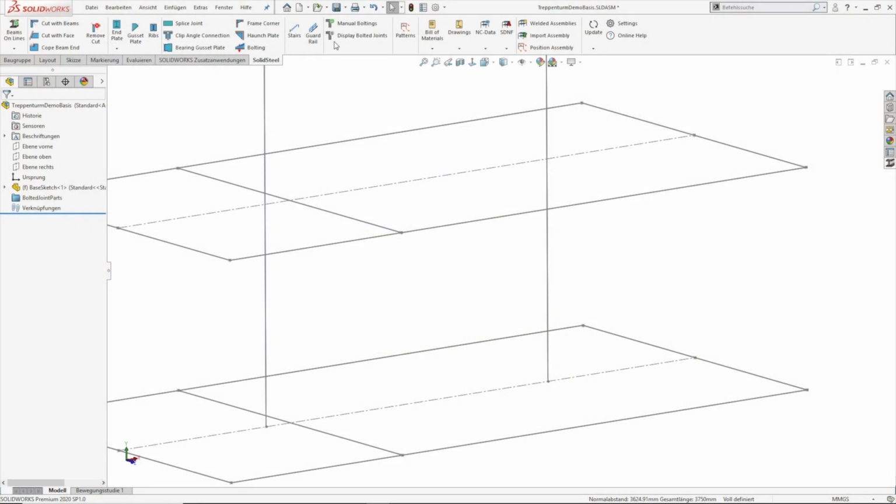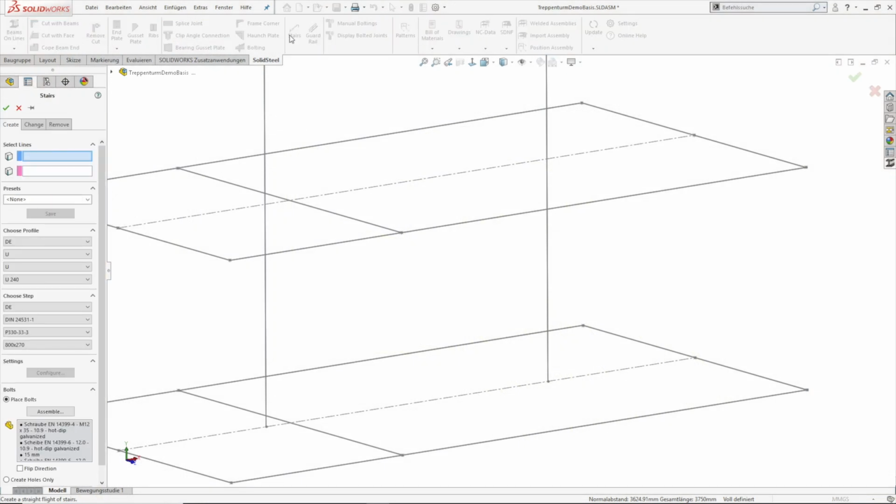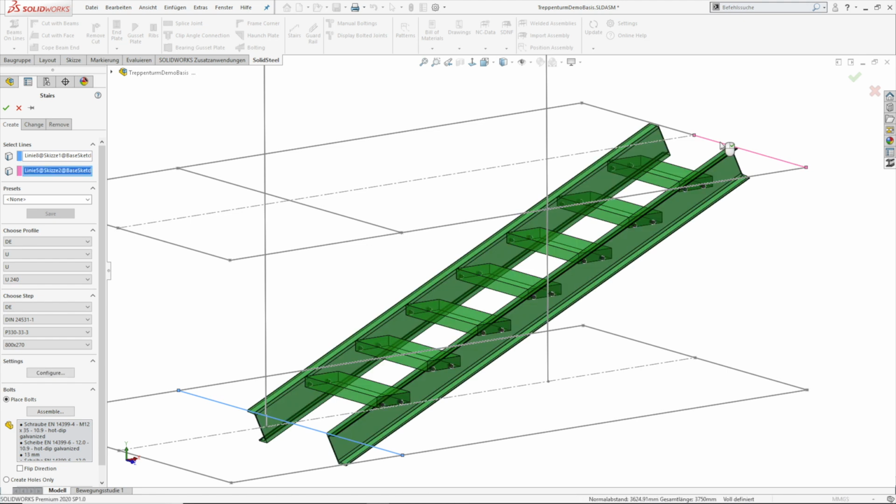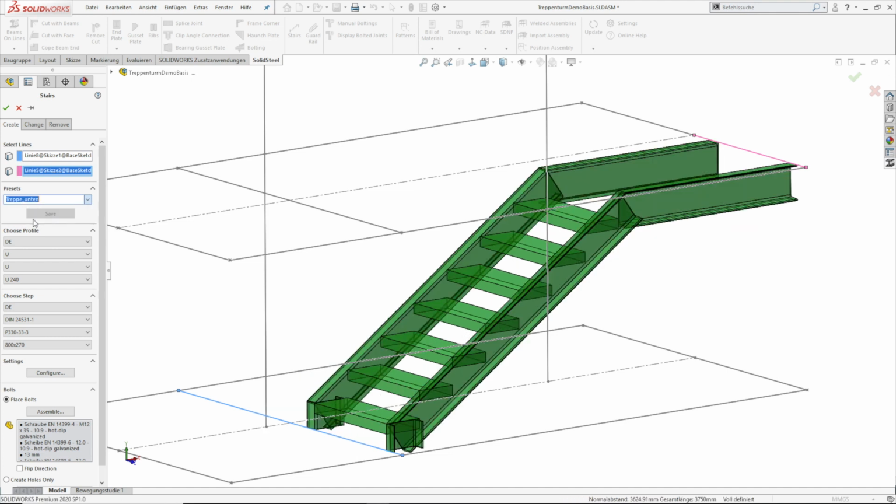Alright, creating a stair in SolidWorks is super easy by using SolidSteel parametric. We just open the stair function, select a system line for the start point of the stair, select a system line for the end point of the stair, and we get a preview. Of course, now we can change all the parameters of the stair, or we just select an existing preset, and